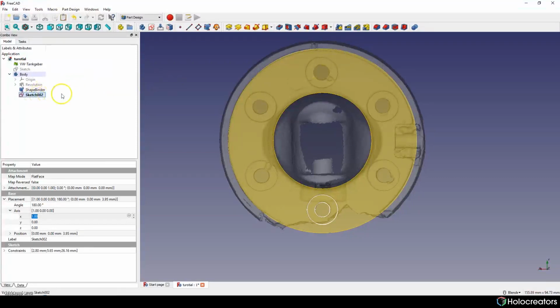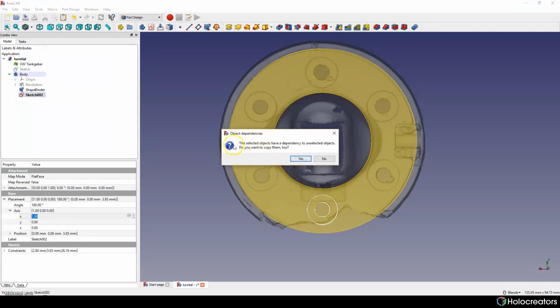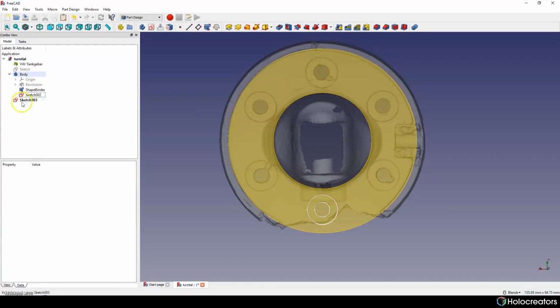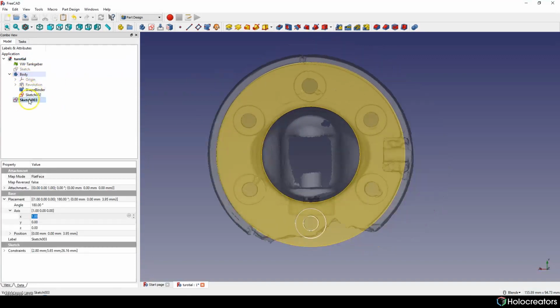But we need also to make 2 of them, so we can just basically copy, and it will ask, do we need all dependencies on this object, and we hit no, and then we can just paste it, and we need to put it here.